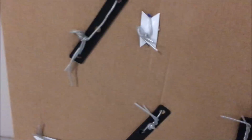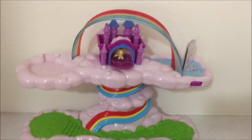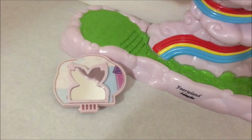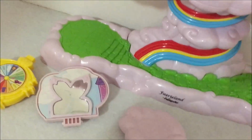Because seriously, these were the bane of my existence when I was little. Alright, that took 50 years to open, but finally here we are. So mainly it comes mostly assembled. You have this part, and then you have this little mirror thing, then this wheel, and then this thing which attaches to the side, and then you have a little packet of